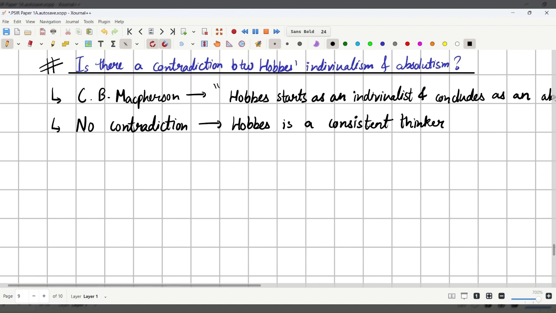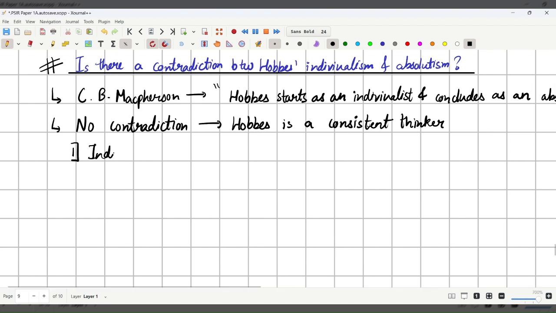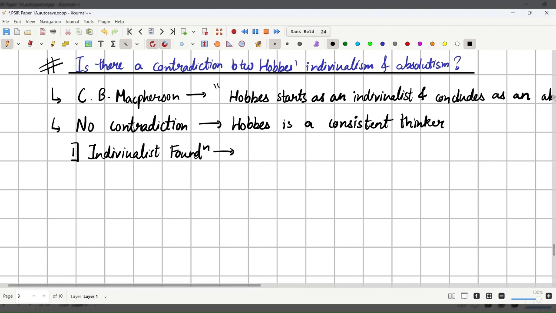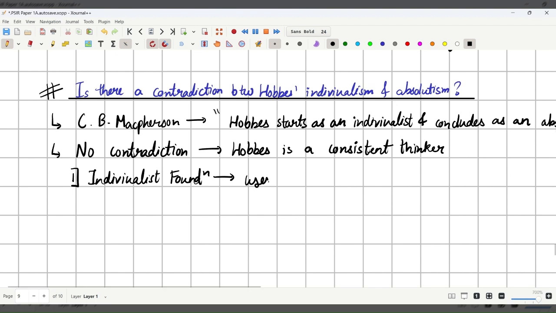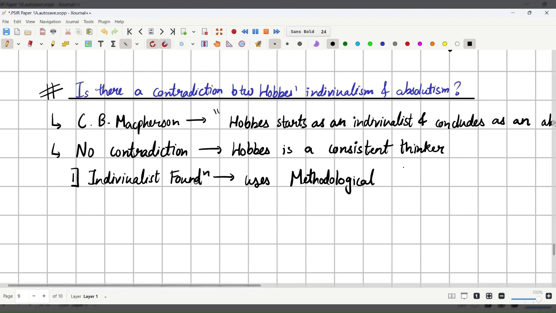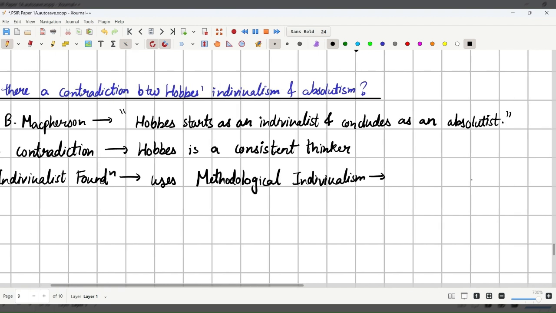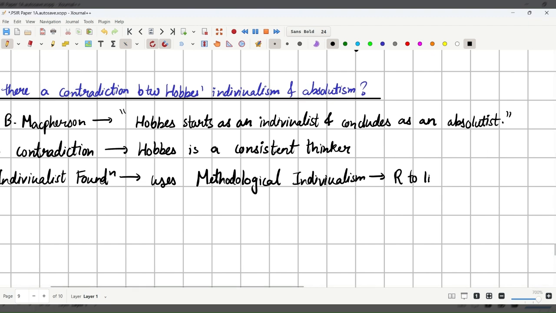Okay. First is the individualist foundation. Okay, where Hobbes basically uses methodological individualism. Okay, which means that he starts his theory with the individual's psychological needs, specifically individuals' right to life and self-preservation. Okay,